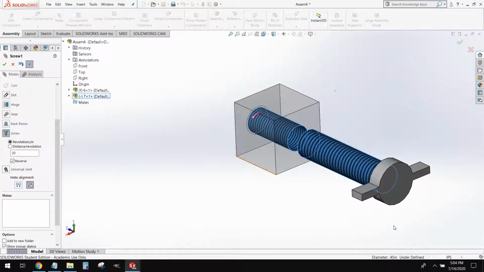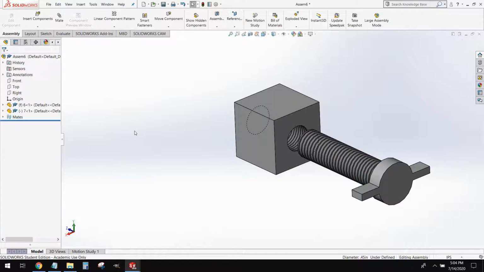So our threads are righty-tighty and lefty-loosey, so we want our arrow to point clockwise to the right. So what we're going to do is we're going to select reverse, right like that. And you can see our arrows pointing in the proper direction now. Once we've done that, we can go ahead and select OK. Now, this won't slide in and out, but when you rotate this head,